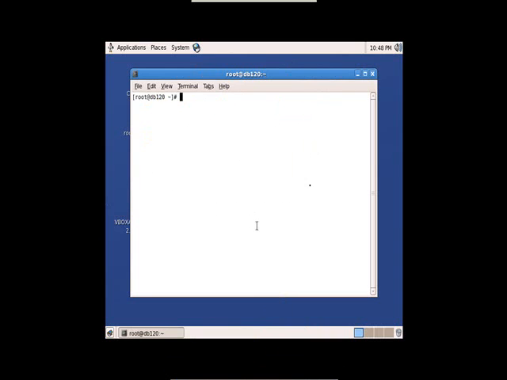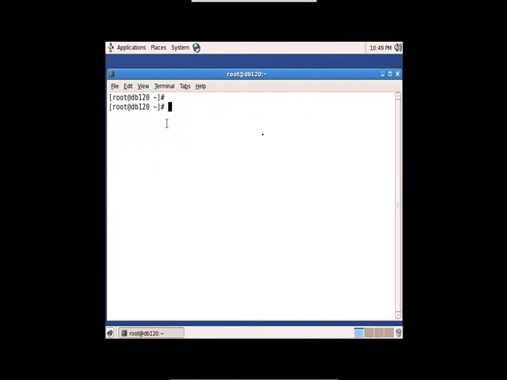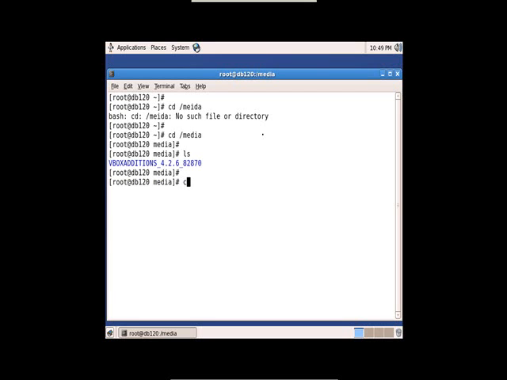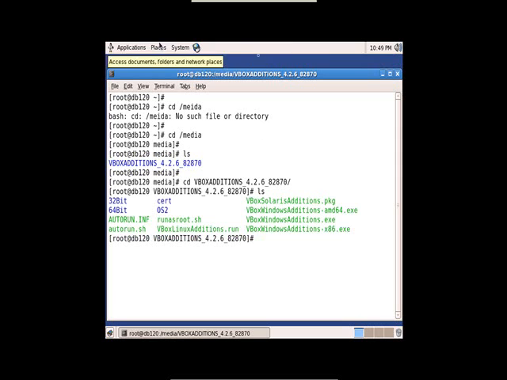Why do we need to install? Let us see. When we install these guest additions, they will be in the media directory. Media is a device directory, where whatever directories or any devices which you attach to this virtual machine or any Linux operating system will be recognized as device directories represented in media. A directory called VBox additions came. I went into this directory by using the cd command. Now see the contents, this many scripts are there.